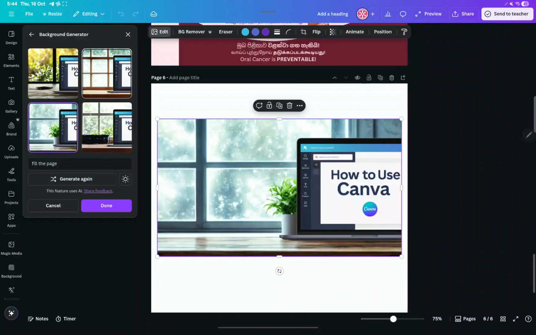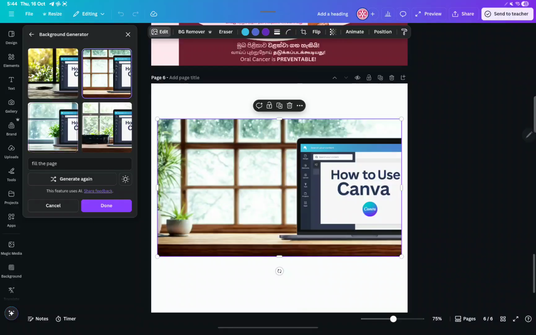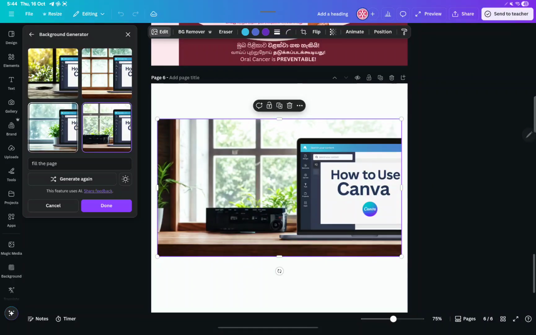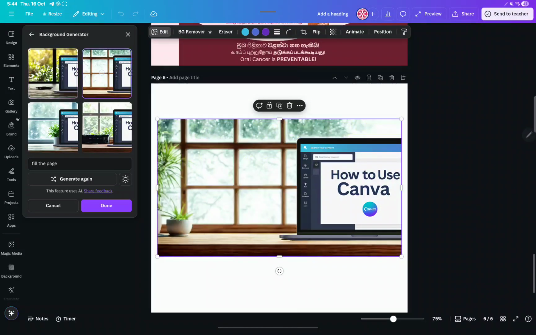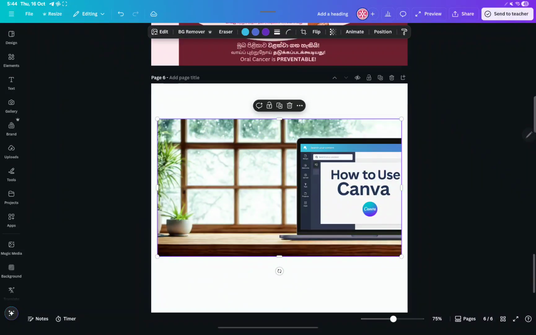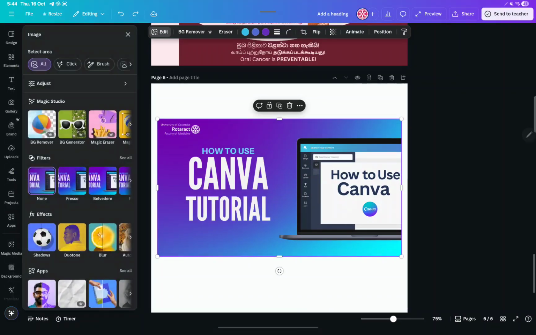Okay, then once I typed it, now the background is converted into something different, right? You can use it, but I don't prefer this background generator, right? Okay, then the next feature is